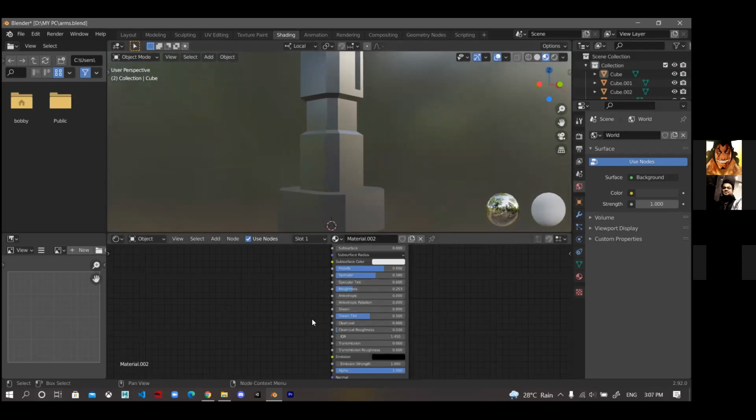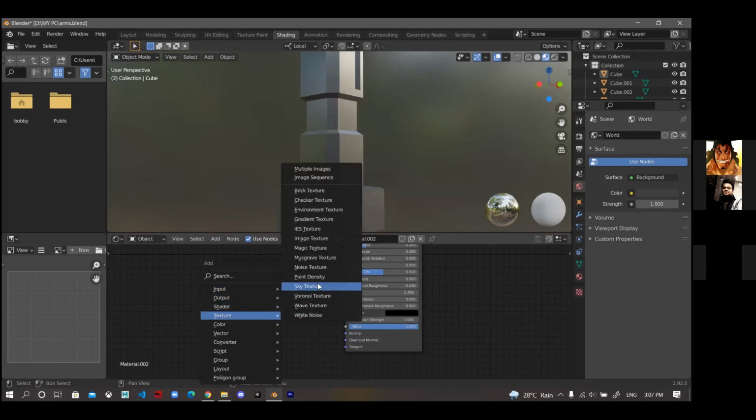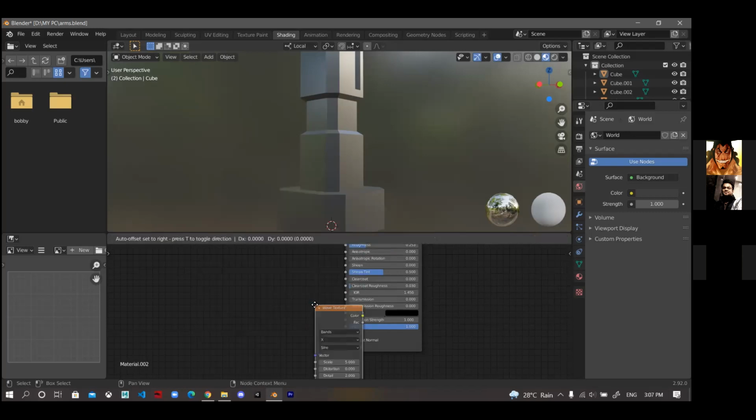Now what we'll do is add some texture. We will press Shift A, go to texture, and add a wave texture.